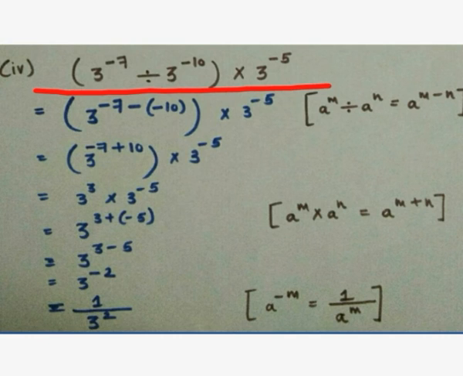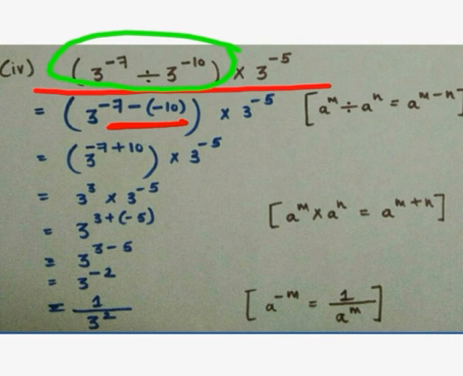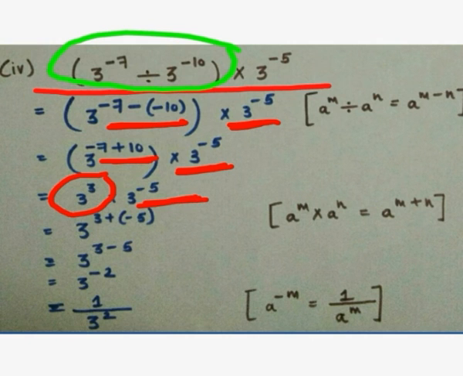Here, first of all, we can see that we are given an expression inside the bracket that involves division of two exponential numbers with the same base. Now just some time ago we have revised all the laws. So we know that when two exponential numbers with the same base are divided, then their powers are subtracted. So we have subtracted their powers. On simplifying it, finally we'll get 3 to the power 3. And this 3 raised to the power minus 5 is written in every step as it is.